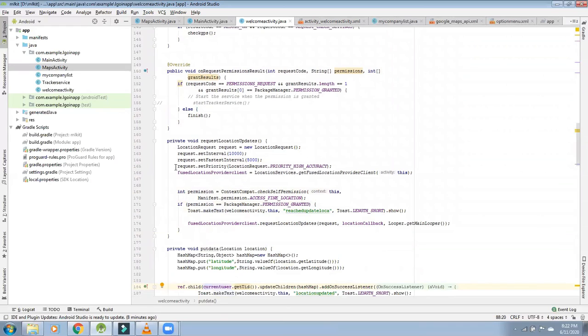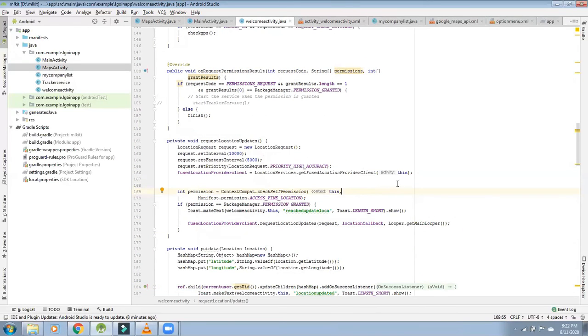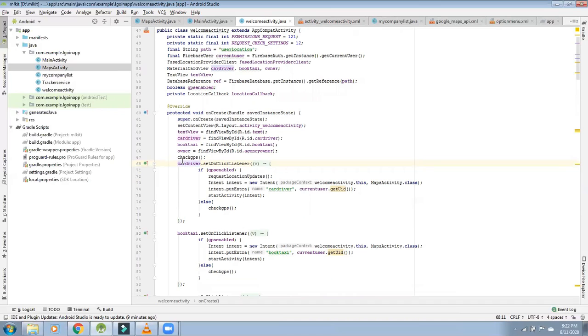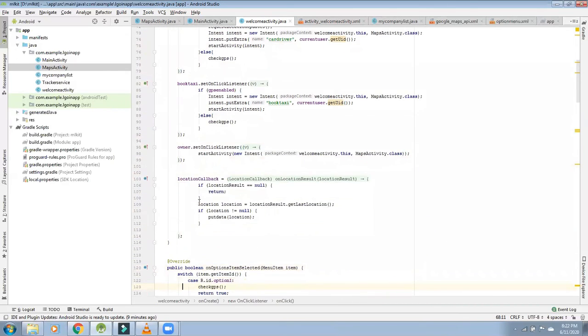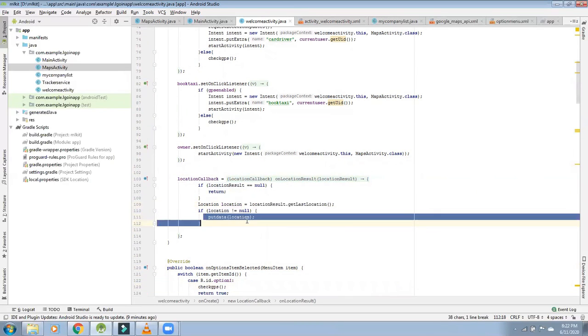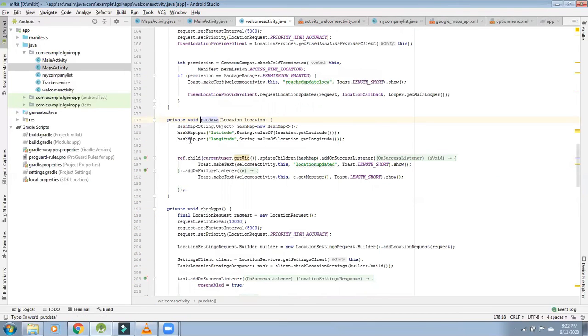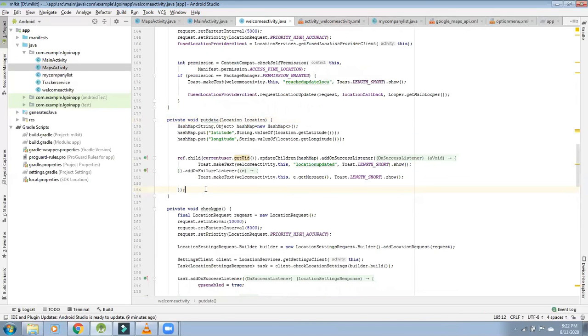This is the request location update code, and when a location update is requested, it goes to the callback. Here in the callback, you will get the location variable. That location variable I am storing in the database every second. So that is the driver's location update, the live location we are sending through the database.